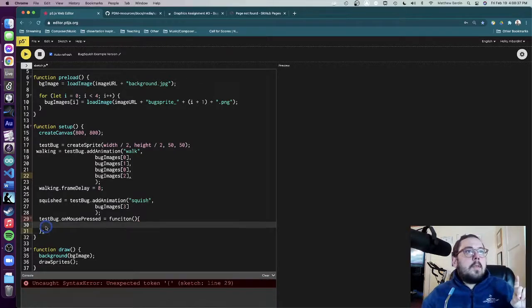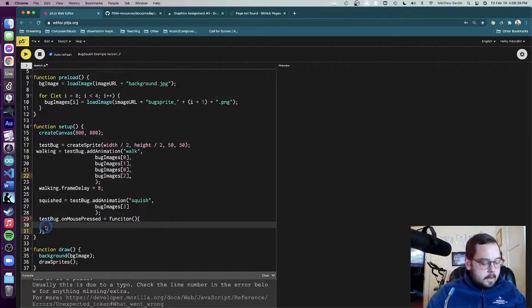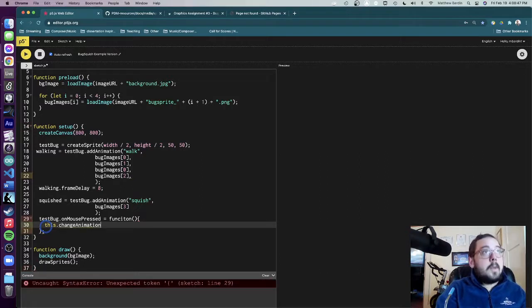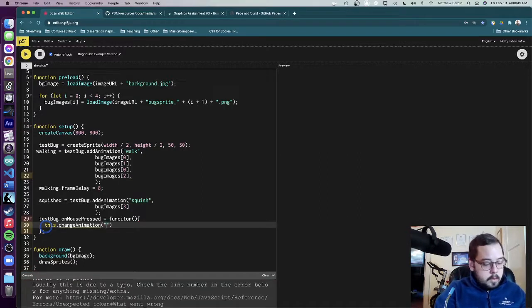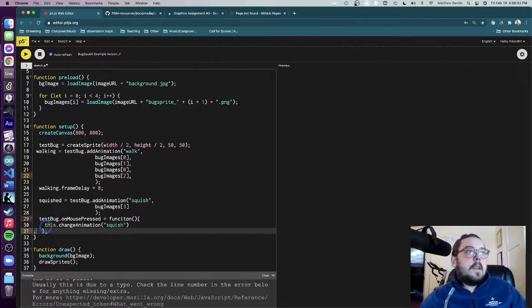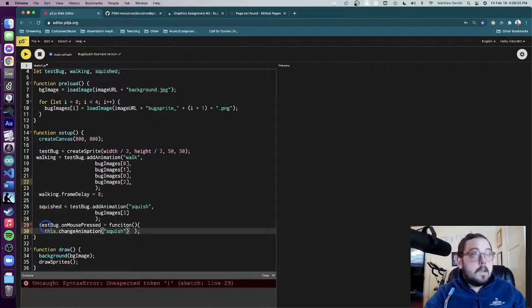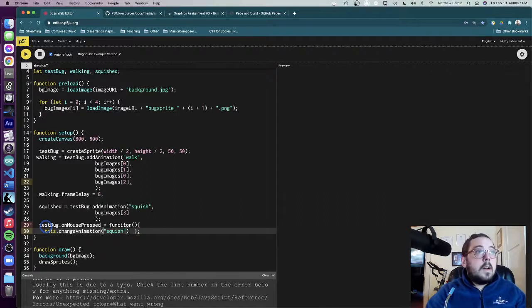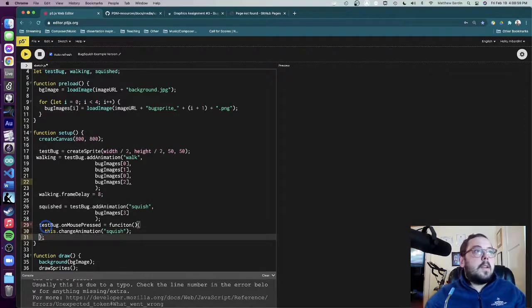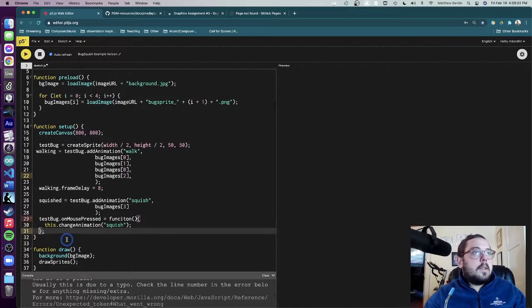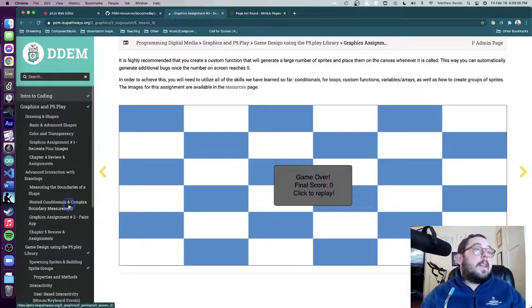This dot change animation to... did I bug that up? We're going to find out